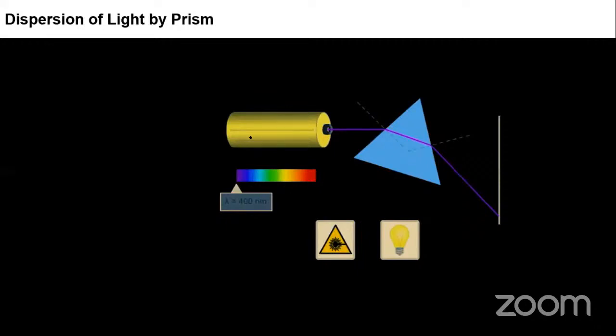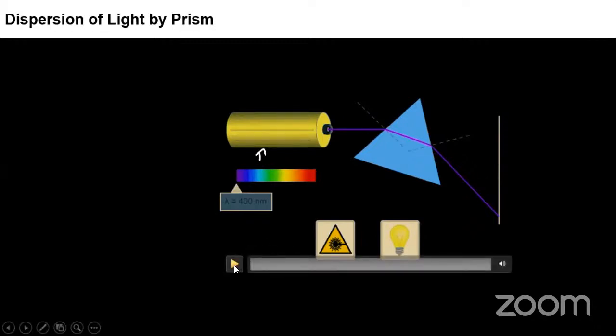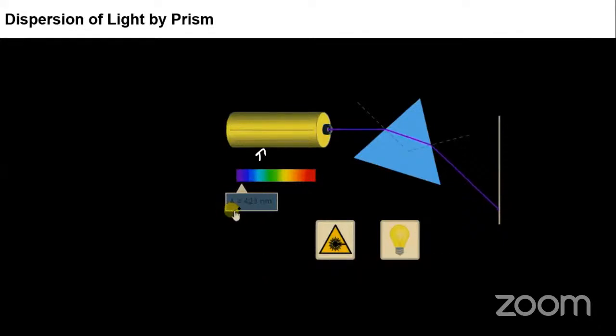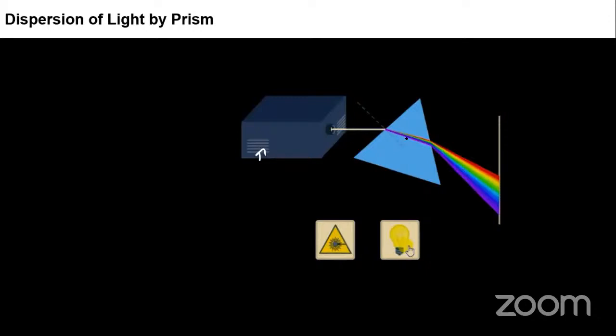Thank you. So see what is happening here. This is a source of light. I launch the video now. Focus here and watch carefully. As I'm increasing its wavelength from violet to red, you can see how this emergent ray is deviating. It's coming towards the normal. If I bring white light, you can see the dispersion pattern is shown.